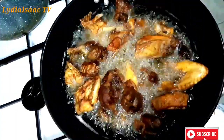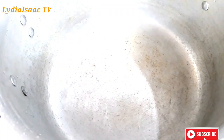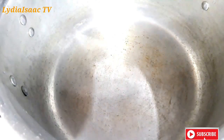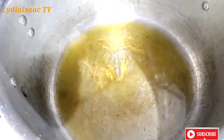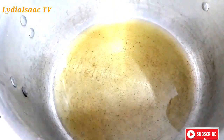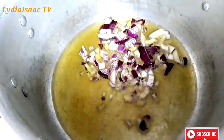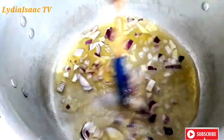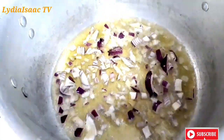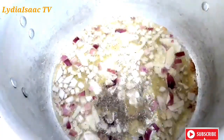So when I'm done frying my strong chicken and my beef, I'm going to set it aside, and I will use from the same vegetable oil I used in frying them. I'm going to be using part of it to make my stew. So right now I'm going to add in my diced onion. I will leave it in the vegetable oil for about 2 minutes to caramelize,